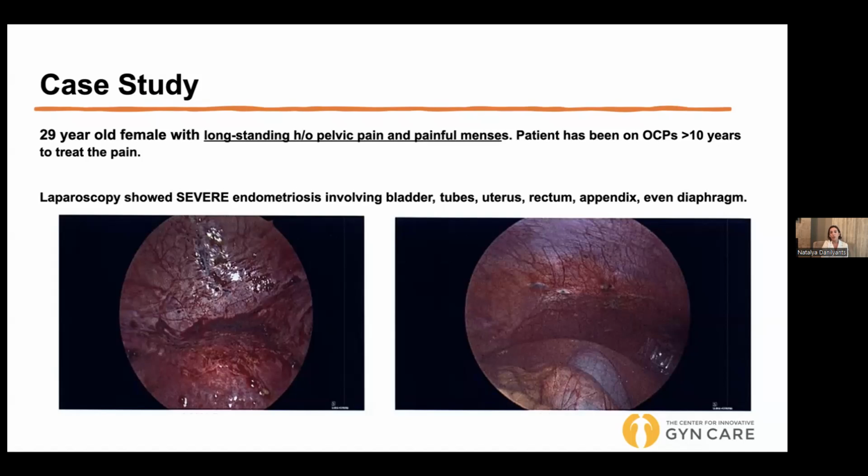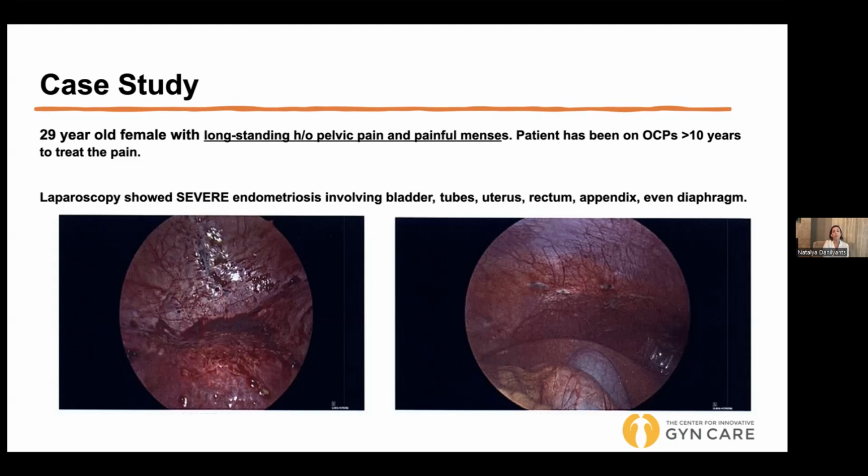So first thing we think about is endometriosis, right? And this is why you shouldn't treat endometriosis without doing laparoscopy, because you don't know how mild or severe it is. If it's mild, sure, that's fine, but you don't have a crystal ball, right? So if I knew ahead of time that somebody had mild endometriosis with just a couple of spots, then I would say you don't need surgery, you can just continue birth control pills. But typically patients that we see have already been on the pill, right? And the pill hasn't been effective. So they're looking for successful treatment. And so in this patient, we did laparoscopy.